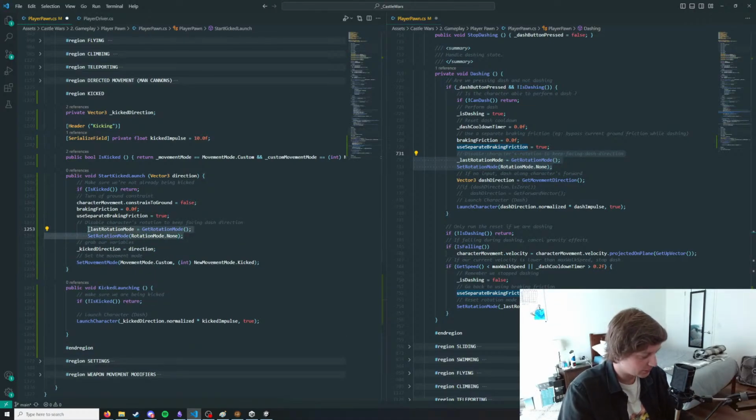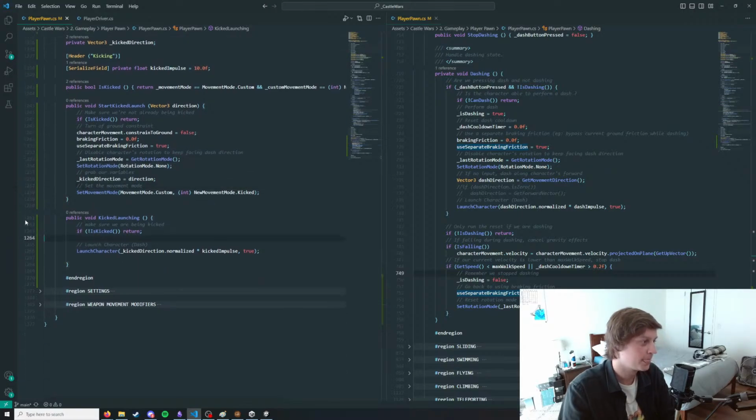I'm just making this on the fly and copy pasting stuff to see if it works. Yeah. Okay. So this is our start. So we'll let the character leave the ground and also remove any possibility of friction. We're going to save its rotation mode, save the direction that we're going to get kicked, and then tell us to actually get kicked. Then when we're actually